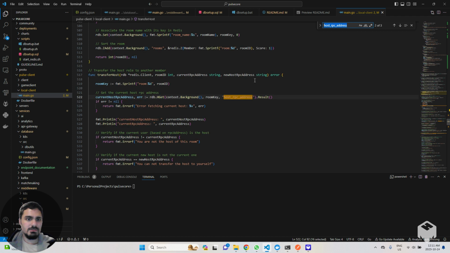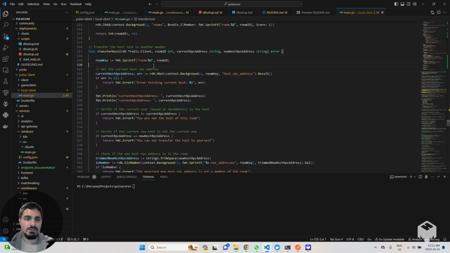Then other places. So in here, transfer host. So this is another function to transfer the host role from one host member to any other available member that is currently in a room. So here we're passing the room ID. So based on that room ID, we're defining the room key. And based on the room key,